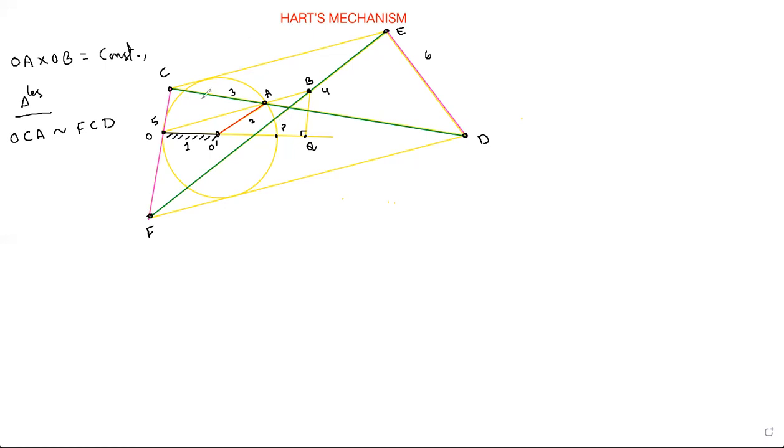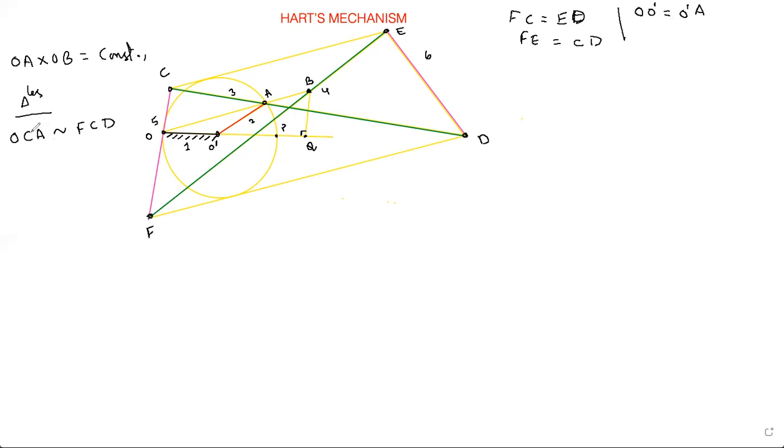And here are a few things you should know. This length FC, I'll just write it down. FC is equal to DE. FE is equal to CD. So these are there. Where is FC? Yeah, FC is equal to E and D. It is E and this is D. And you can say FE is equal to CD, right? And one more thing, O dash F is equal to O dash A, right?